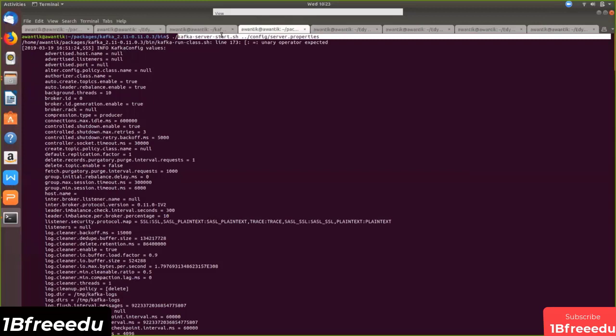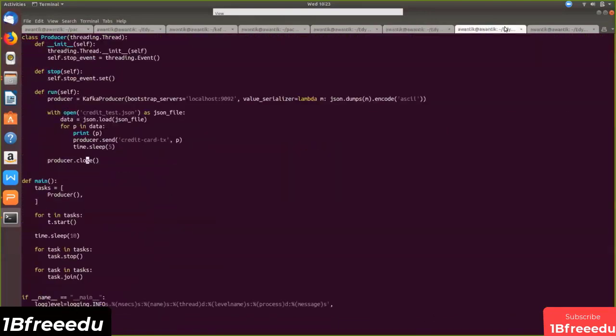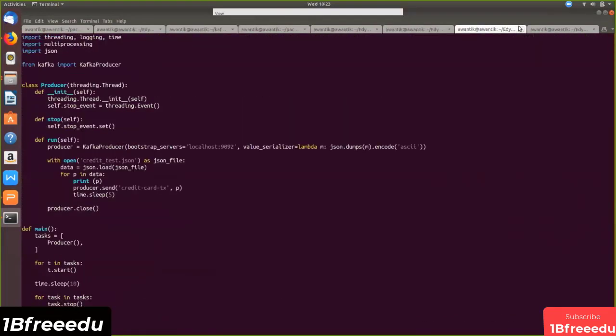Okay, so you needn't create the topic, it automatically gets created. Let's now just see the code in which we will send this message. This is the producer code. What we are doing here with Kafka producer is telling the serializer, since we are sending JSON contents, JSON dumps. We are importing JSON dumps, message encode ASCII. So it will serialize the JSON message, one of the easiest cases, because our transaction records are in JSON content.